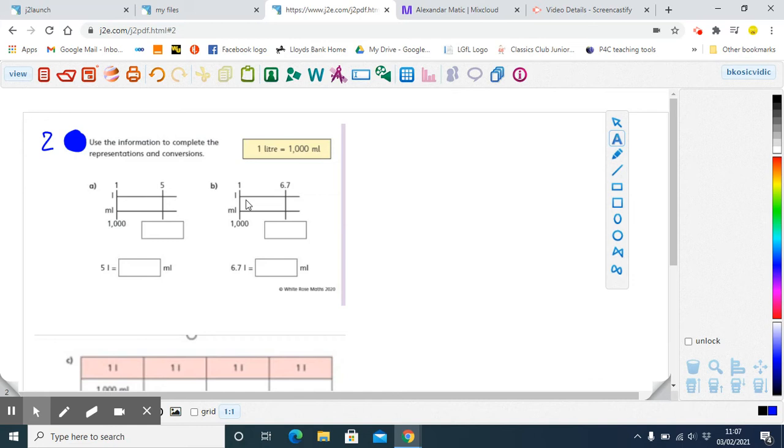Now, the next question is also a conversion where you are supposed to convert 1 liter into 1000 milliliters. 1 liter is the measuring unit for capacity. So we are actually measuring how much liquid can we pour into a container, into a bottle. So you probably at home, you all have some kind of containers that show you capacity. So go and check, for example, how many liters are there in your milk bottle or in your juice bottle,